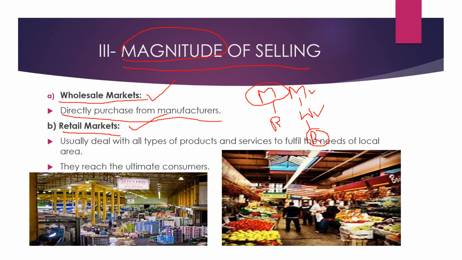And then in the retail market, usually they deal with all types of products and services to fulfill the needs of the local area consumers. According to their nearer consumers' needs, they make the purchasing activity and the distributional activities also. The ultimate role of retail marketing is to reach the ultimate consumers. And then in the wholesale market, the biggest wholesale market is